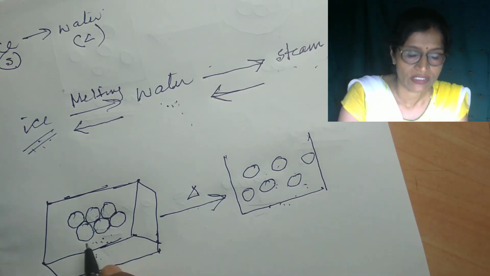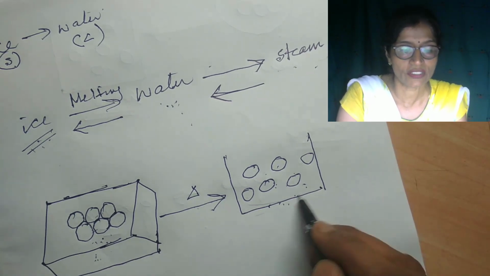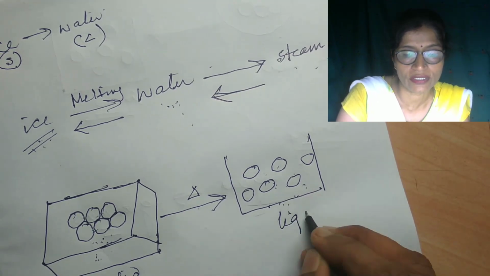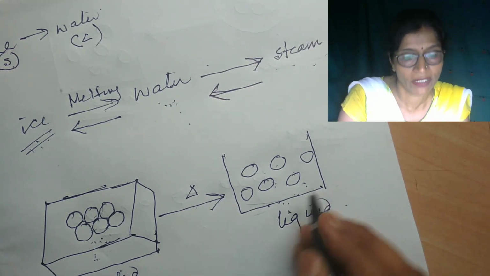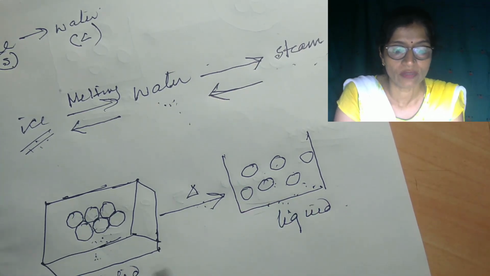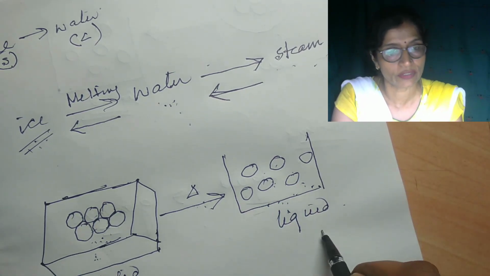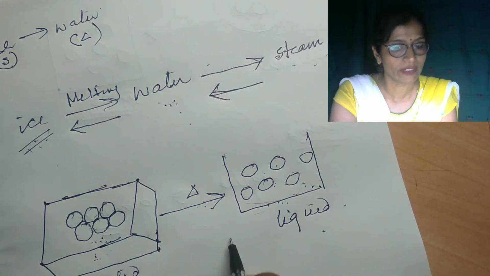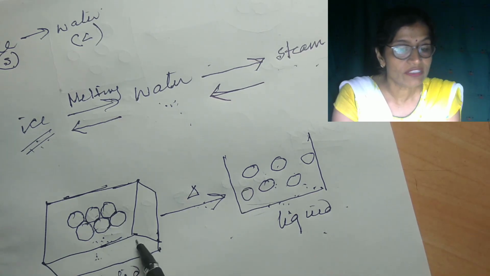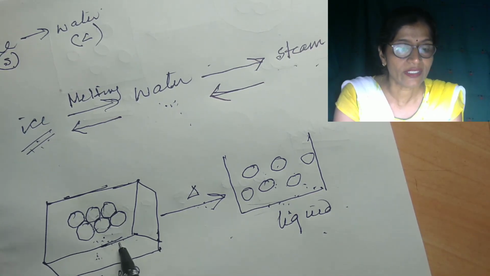So in this way the substance changes from solid state to liquid state, and we call it melting. And the fixed temperature at which it is converted from solid to liquid state is known as the melting point. Even if I increase the volume, which means I release the pressure, at that time also what will happen?